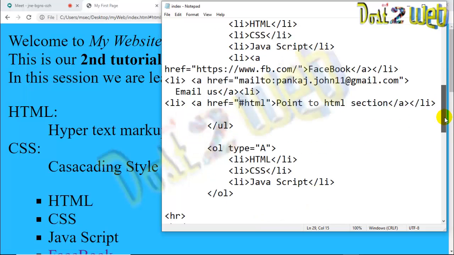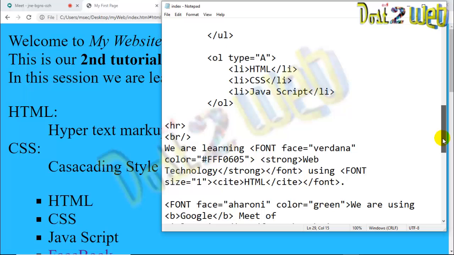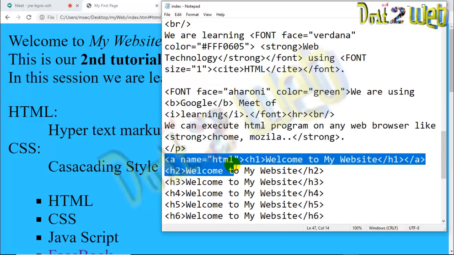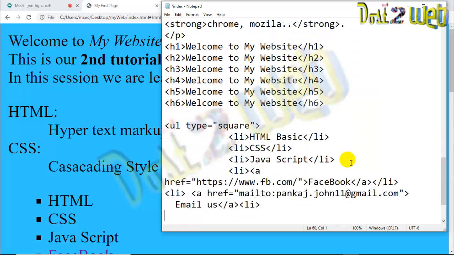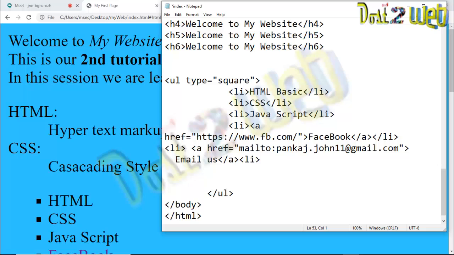Now when you want to link this, I have written the code here. I want this place to be linked, or especially this HTML basics to be linked. So here you write an anchor tag.